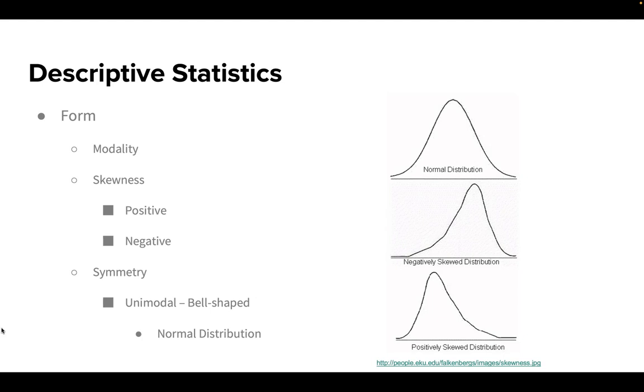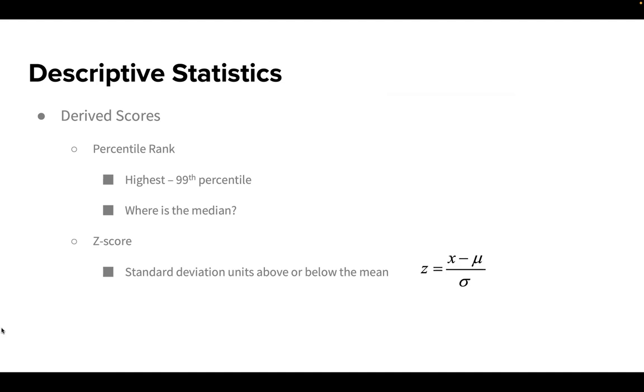So, is it symmetrical? Does it follow that normal distribution, or is it skewed? Now, you also have drive scores where you're looking at, okay, how are we dividing this up? And that's where you get things like their percentile ranks. And in some things, you'll be looking at, okay, well, do we have a z-score? And the z-score is one of those measures of how close we are to the mean. And again, don't worry about the formulas too much, so long as you understand the values that you're plugging in.